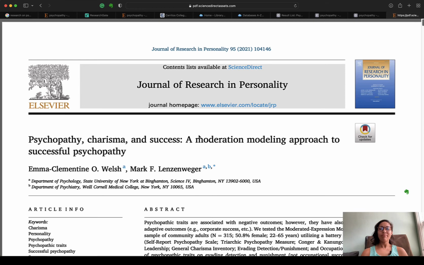So what I would do if I was using this for a research paper is I would download this PDF using this download button, and I would create a folder on my computer, or specifically I would create it in Google Drive because then I could access it anywhere. So I would put the PDF in Google Drive and I would call it like Research for Psychopath Paper.